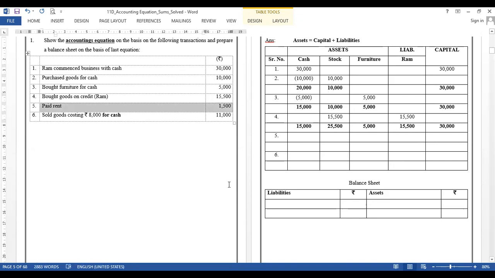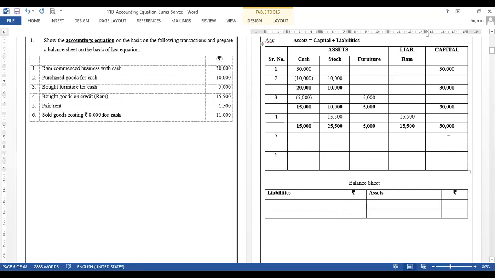Paid rent. Sir, rent is an expense, so it will be decreased from capital, and since it says paid, cash will also decrease. That's really good. We have paid, so cash decreases by 1,500, and we have paid for rent, which is treated as an expense, and because of expense our capital reduces, so deduct from capital as well. Okay, so the new equation after this will be 13,500, 25,500, 5,000 and 15,500 and